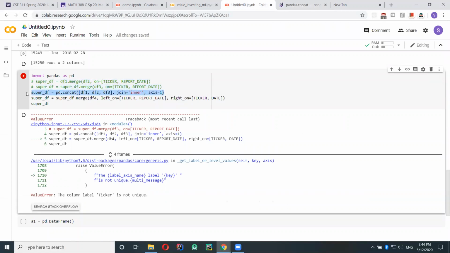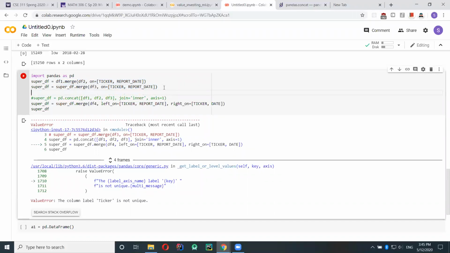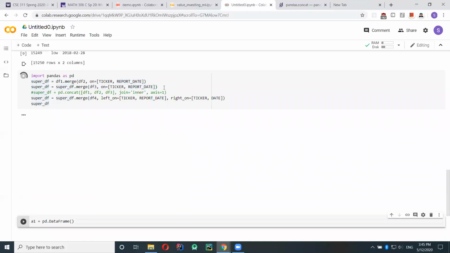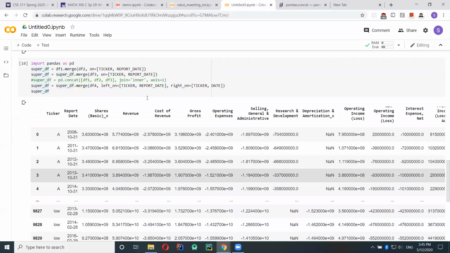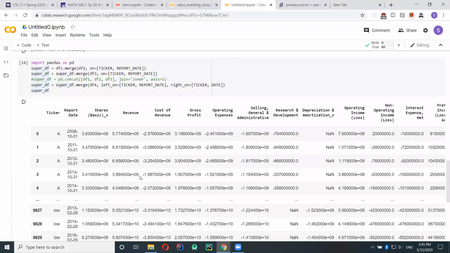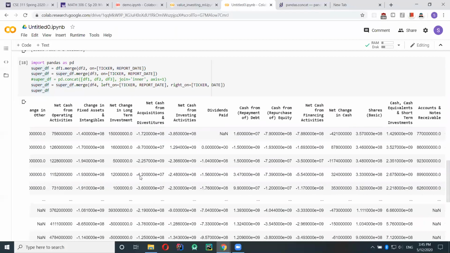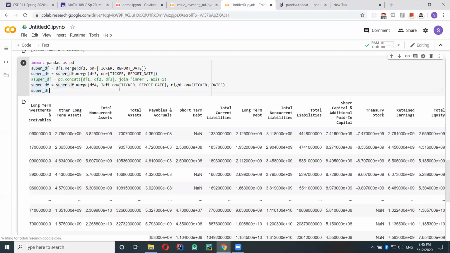I'm just not gonna figure it out right now. I'm just gonna try to figure out the concat later. I'll just use what I used before. Okay, now it works. So giant data frame. Okay, so we have all the data in one data frame.